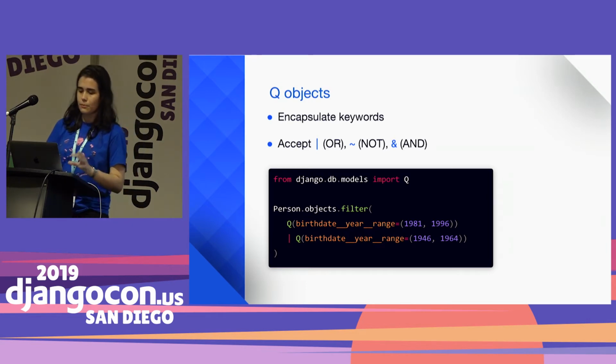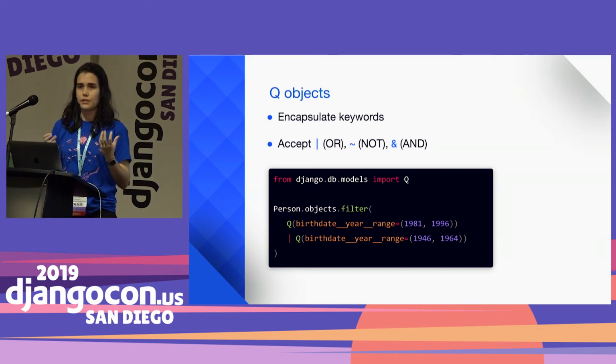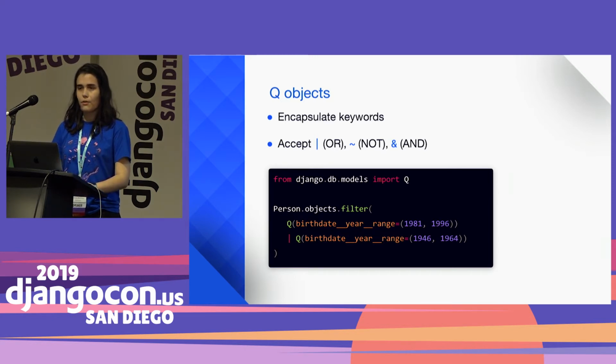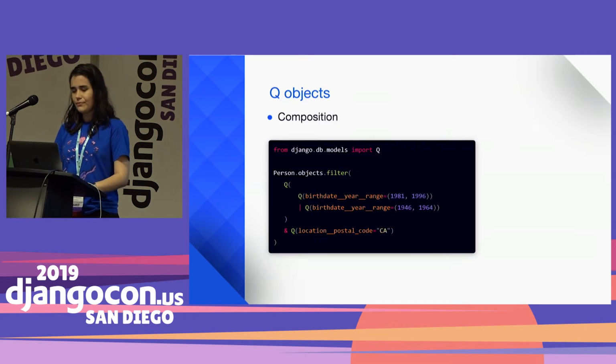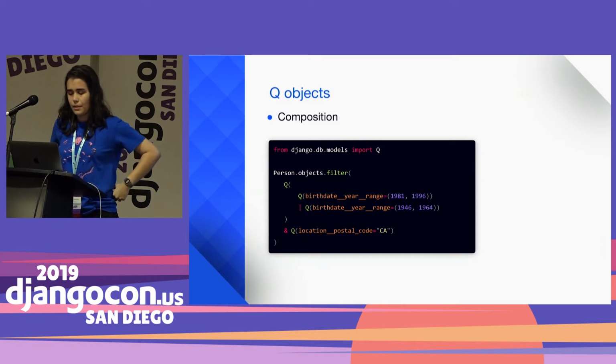To start with a simple example, if we want to fetch people who were born in different generations, by the way, birth date is a field in our Person model, we need to change the queries to Q objects like this, passing each one of our conditions into a Q object, and then separating them using the OR operator. And Django is smart enough to generate the SQL and filter everything for us.